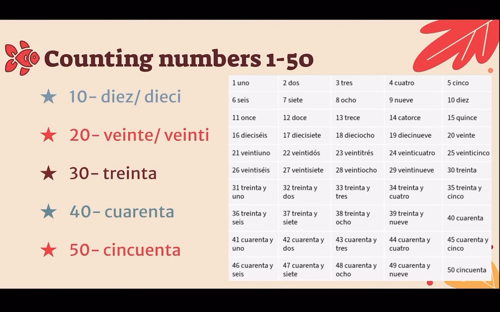16, 17, 18, 19, 20, 21, 22, 23, 24, 25, 26, 27, 28, 29, 30, and after 30, you'll start to see that it goes the tens place, y, the ones place. So 31, 32, 33,